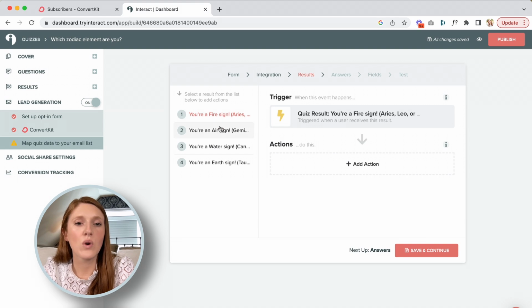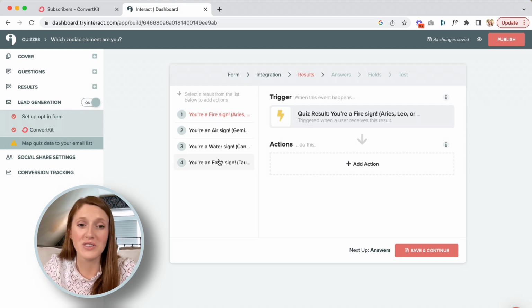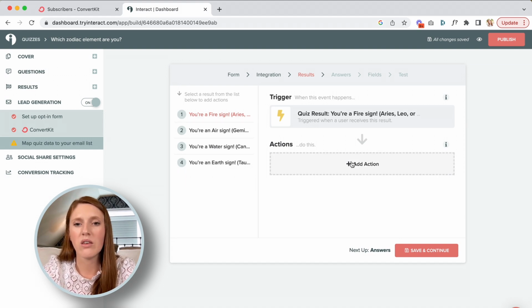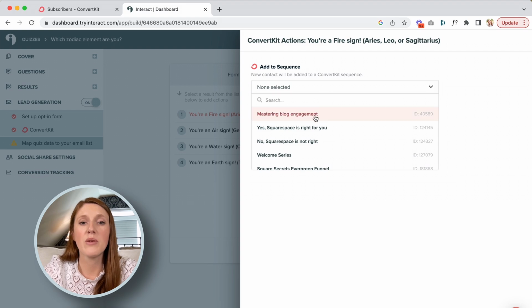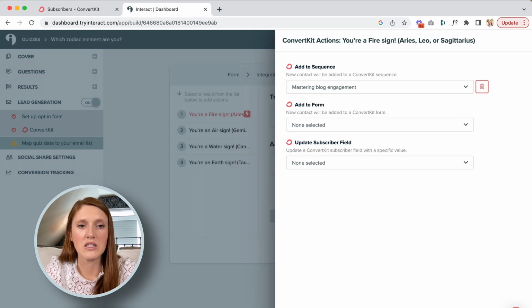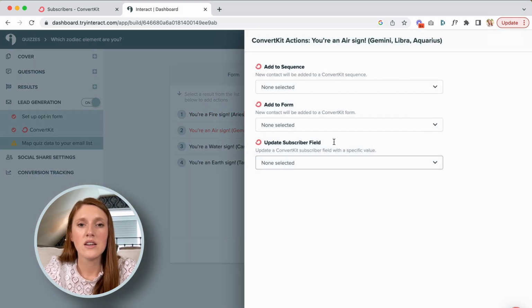So let's say I had 4 different quiz results, and maybe I want to send each different quiz result a different series of emails. So I want to say, hey, you're an air sign, you're a water sign, you're an earth sign. Maybe I want each and every one of them to get a different email. Alternatively, maybe I want them to all get the same email. So basically what I would do is I link up every result with something. It says, okay, here's the result that they're getting, then what should happen next? I'm going to say I want to opt them in to some sort of sequence of emails. And again, we've chatted about sequences of emails. So I would go ahead and connect up